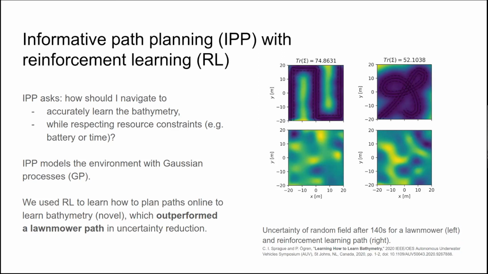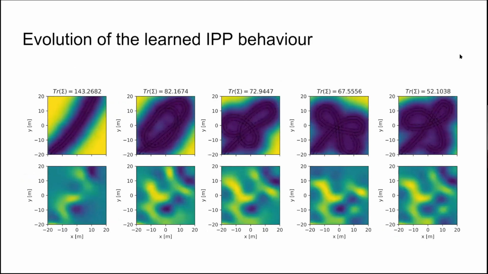So to do this, I recently looked into using reinforcement learning and Gaussian processes to basically learn an optimal policy to map an area with the Gaussian process. And it actually works, but there's some limitations with the reinforcement learning part. Reinforcement learning is a bit susceptible to local minima, so in such a complex problem, it's difficult to get something that really works. But it still worked nevertheless.